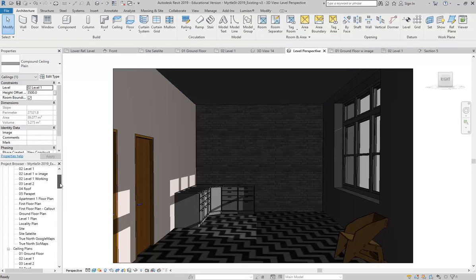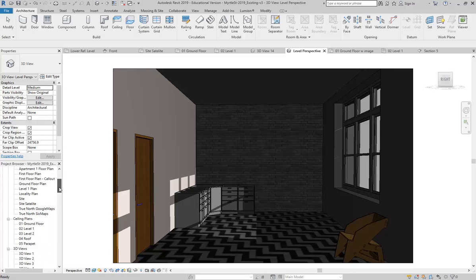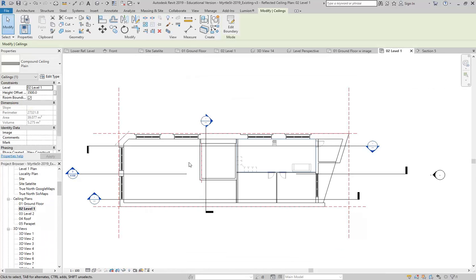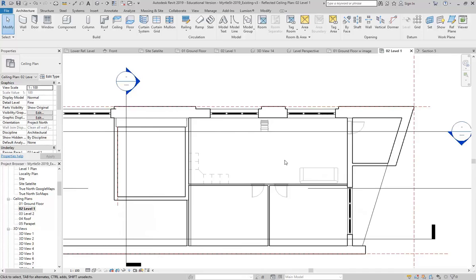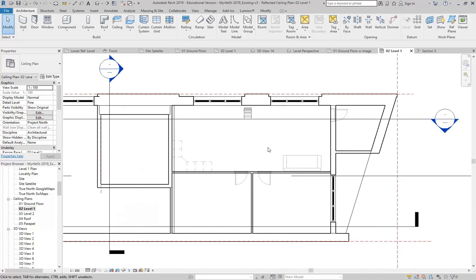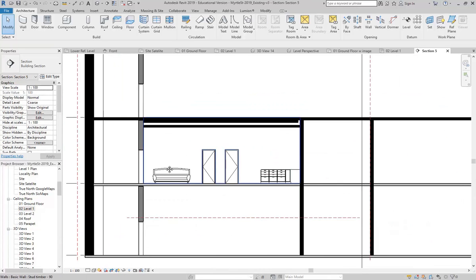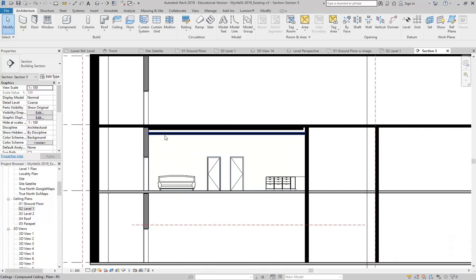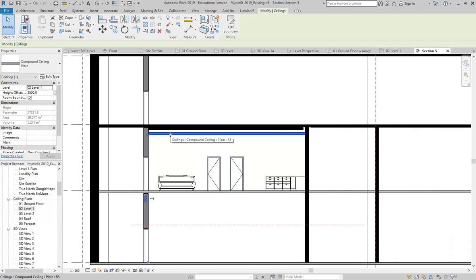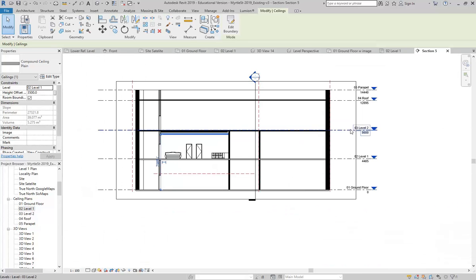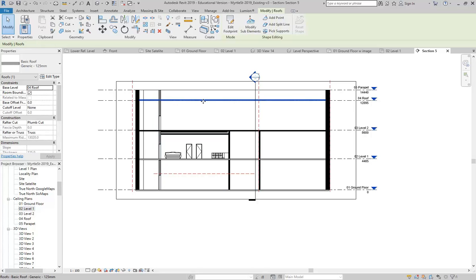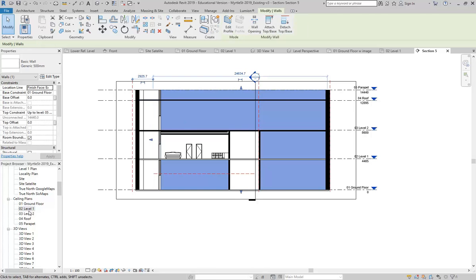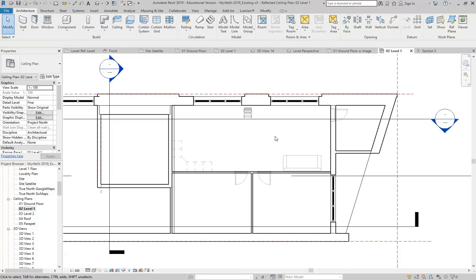And so then to finish off now with the ceiling, I can put the lights in on the, again, level 1 ceiling plan. And I'm emphasising that because what people often do when they start to work with ceilings is think about the level that it's closest to. It's a natural thing. So this ceiling, it's actually closest to level 2. And so you think, right, I'm going to go to the level 2 ceiling plan. But of course that's going to look up to this roof, which isn't what we want. So again, level 1 ceiling plan,